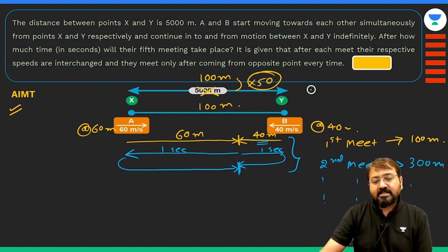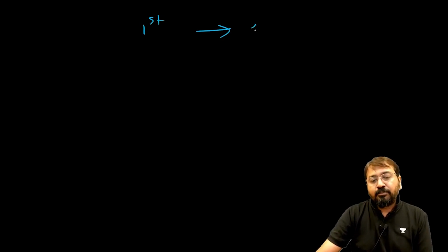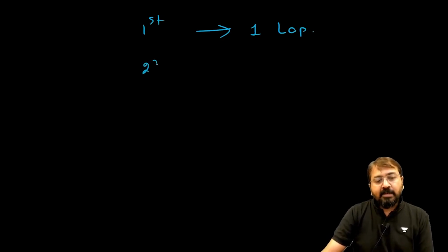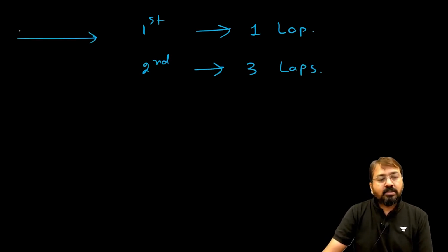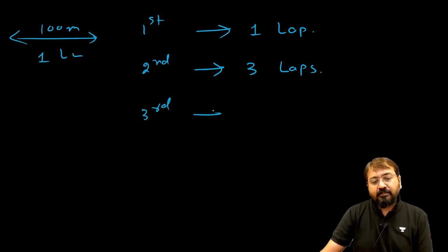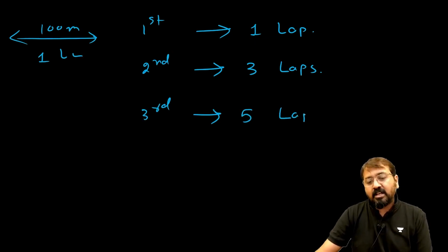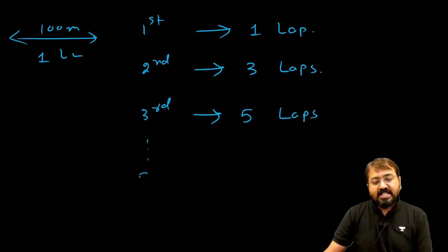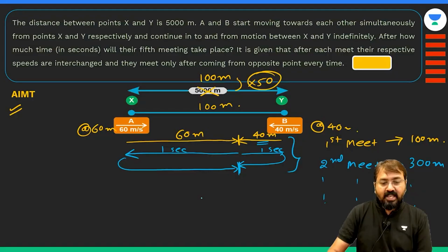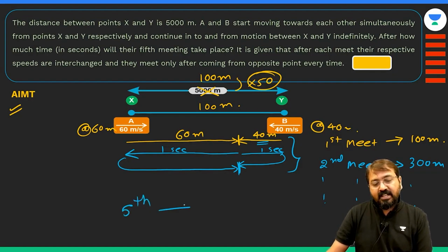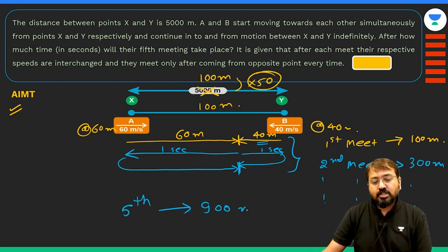So first meet happens, let me explain this way, when they have covered 1 lap together. The second meet happens when they have covered a distance equal to 3 laps. 1 lap means this 100 meters. The third meet will happen when 2 more laps are added, that is, they have together covered a distance equal to 5 laps. So similarly, the fifth meeting will happen when they have covered a distance equal to 9 laps, that is 900 meters. So their fifth meet takes place when they have covered together a total distance of 900 meter, and